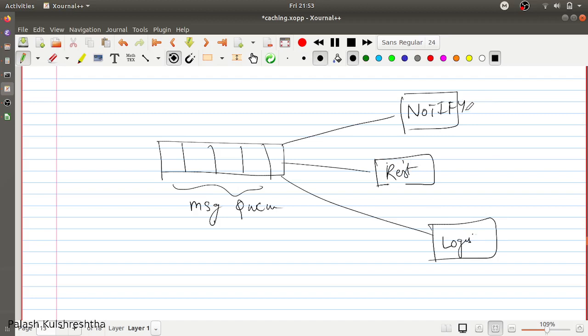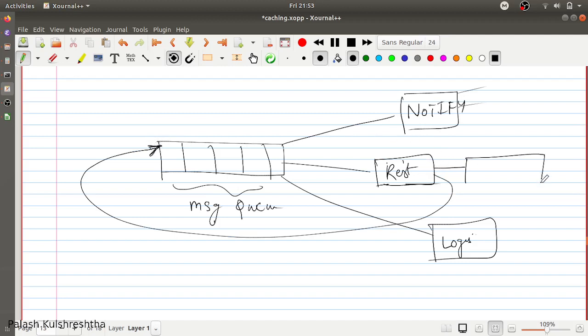And for example, if no one is consuming anything from the notification team, we're not going to do anything. If a restaurant has been assigned, or we get updates from the restaurants, then we can either push these messages in the same queue, or in a different queue, and any service that wants to listen to these messages can listen from it. So if we want to send updates from restaurants to the customer, then the notification team can listen on this and send notifications for updates from restaurants as well.